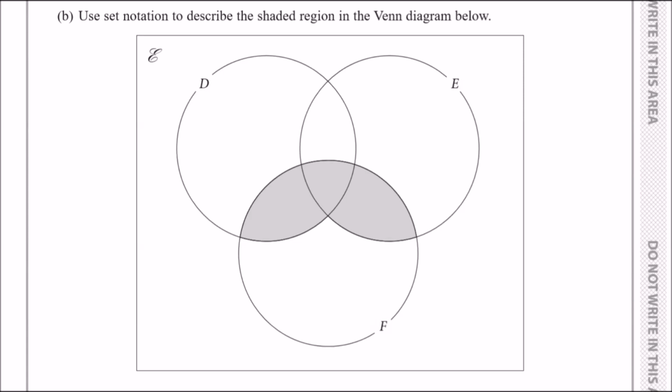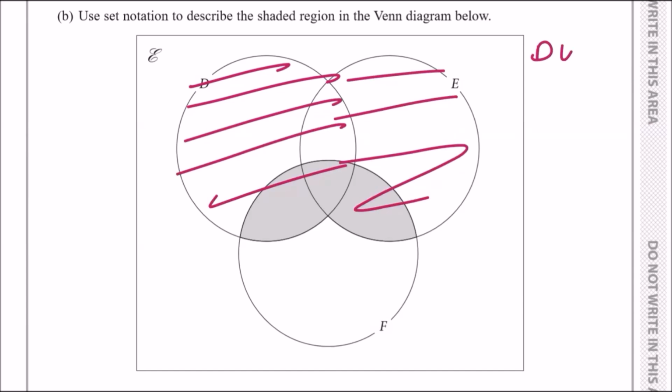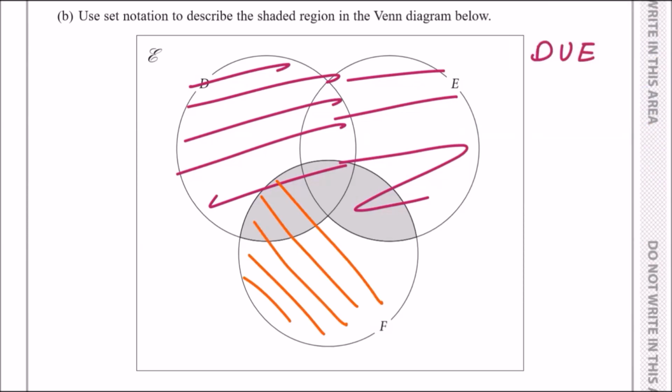F has got 3 elements shaded in, but if you look from the perspective of D, only these 2 are shaded. And if you look from the perspective of E, again only 2 are shaded. So what this tells me is that we should focus on F intersecting with the union of D and E. Because if you unite D and E as one, so this would be D uniting with E, and then you just pick F on its own,